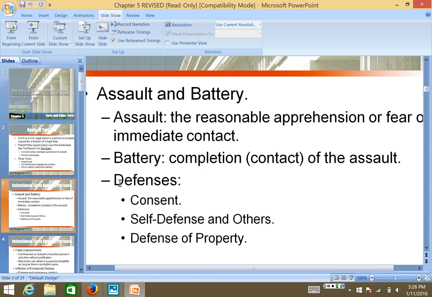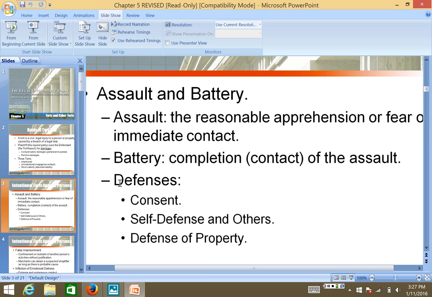What about an attempted battery? An attempted battery is very common for an assault to take place. It actually is the very definition of a lot of assaults. You pick up a bow and arrow and you are shooting to kill someone with that bow and arrow, and you shoot and you narrowly miss that person. That is an attempted battery, but it's also known as an assault because it did reasonably place someone in fear of receiving great bodily harm.